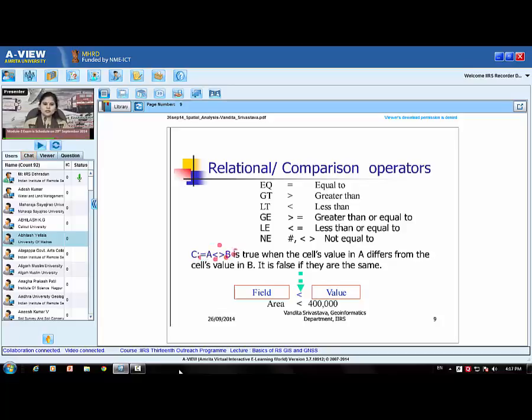So this is a Boolean statement actually. Now what exactly does this mean and what can it give us? If you think of A and B as maps of the same area, for example, let us say a land use map for Dehradun in the year 2010 and 2000. Now when I perform this operation, C is assigned as A not equal to B,